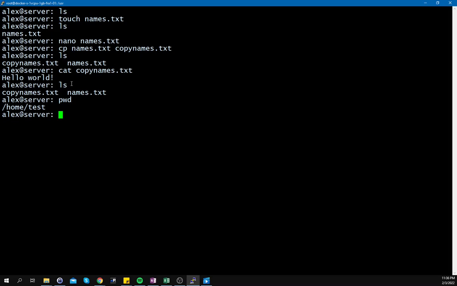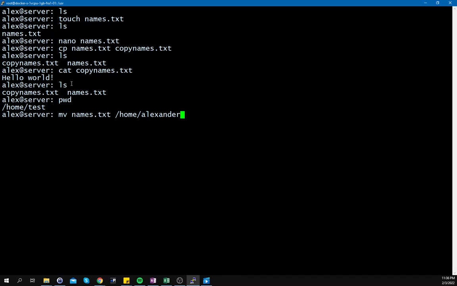For this, I just have to type in mv, move, then the file name of the file I want to move. And now we have to tell bash the path of the directory we want to move the file to. So home